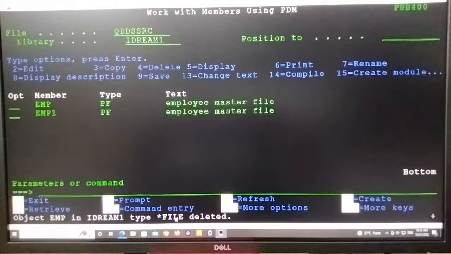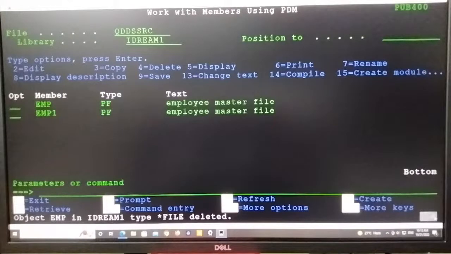My new object was created. On the bottom of the screen you will see the EMP in this library type *FILE was deleted. But if you see on the bottom right corner of the screen, there is a plus symbol. It means this is not the only message on this line. There are a few more statements which are in a hidden mode. So if you want to see those hidden values, then you need to press